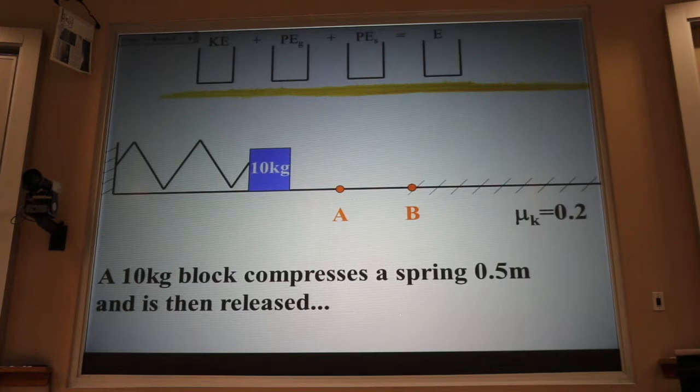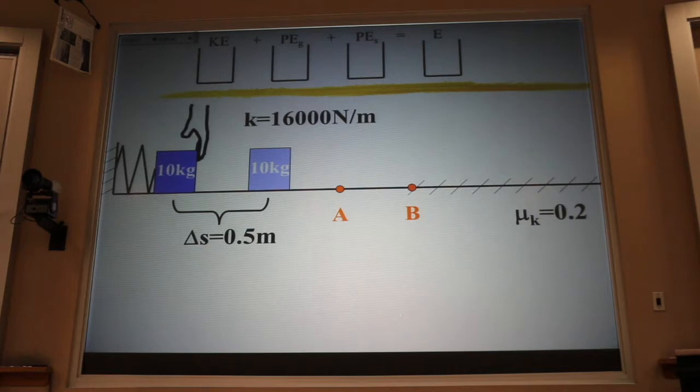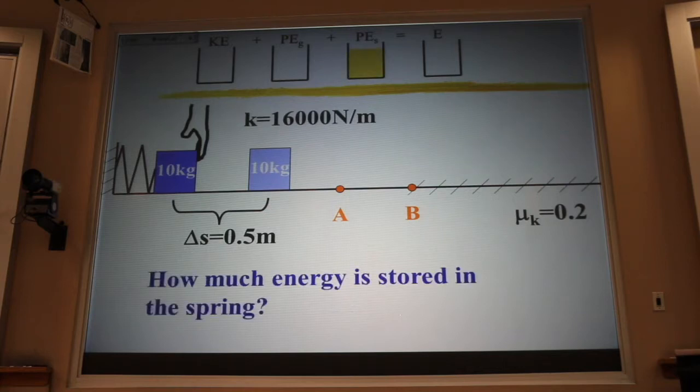Now, last day we left off with this problem. Let me just remind you, we had a hand push that spring, compress that spring by ½ meter. Now, if that spring has a spring constant of 16,000 newtons for each meter, then the energy stored is going to be given by that formula,